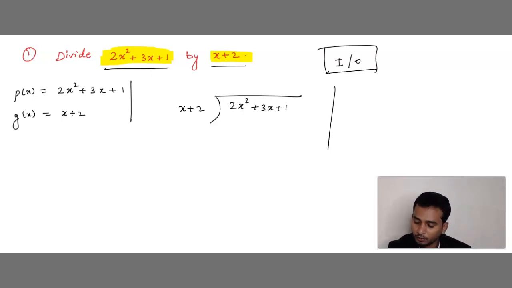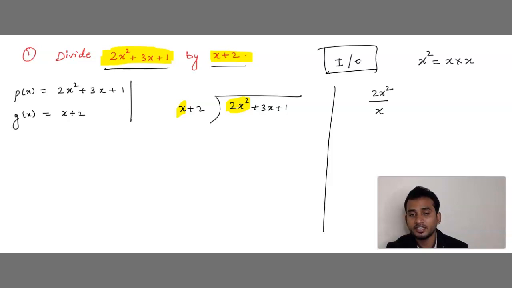So first you can put one working column like this. After putting one working column, just see here what is the first term here. In first place, what number is there? 2x square. Okay. Divided by, what is the first term outside? x. So divided by x. Got it? This x square means x into x. What is the meaning of x square? x into x. 2 times x if we multiply, that is x square.